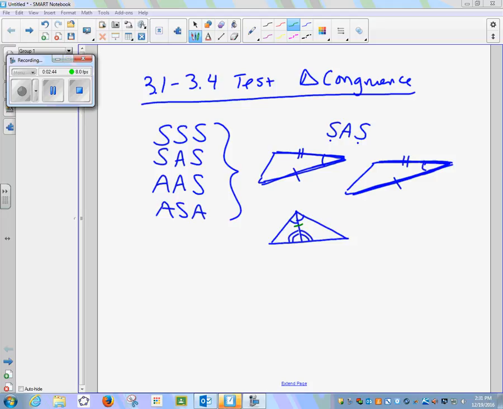Which postulate are we going to use for this one? Yeah, Vincent. ASA, because in this triangle, you want to look at one at a time, right? You've got angle, side, angle, right? So this one is going to be ASA. All right, what if I have